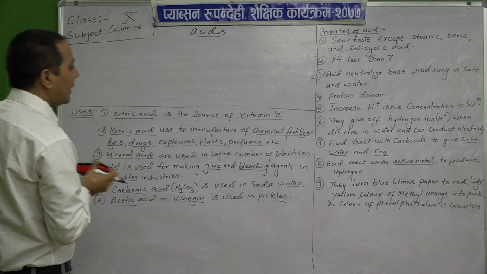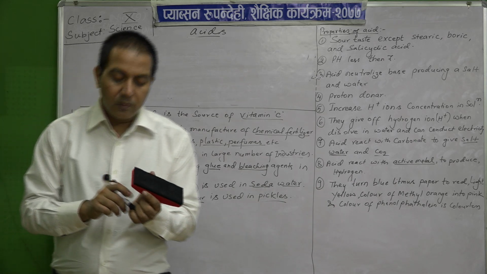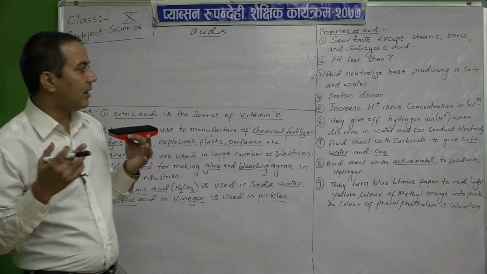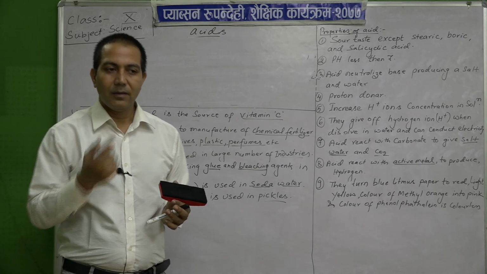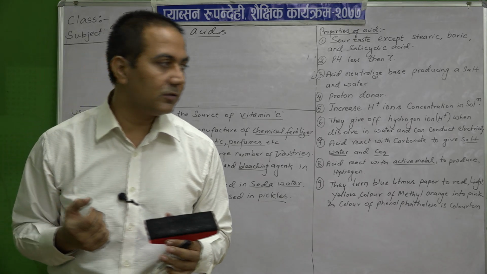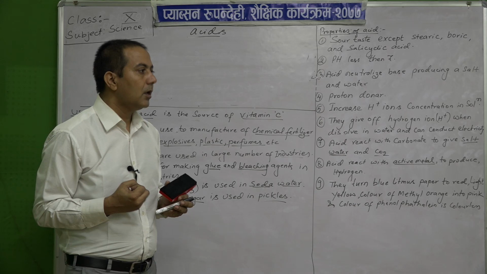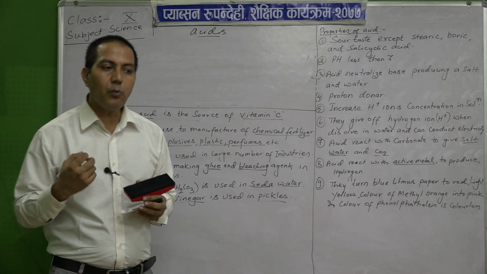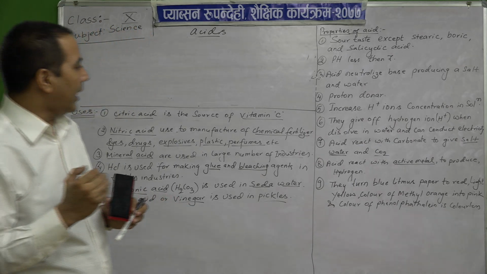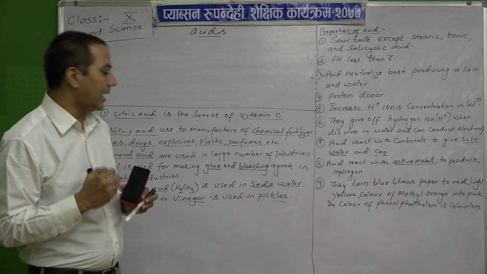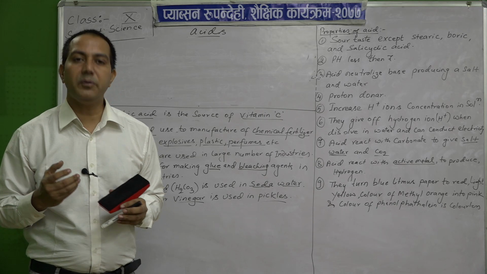Okay. Then the next one, how do we know whether it is acid or not? By reacting them with metals, or we could take nitric acid in our hand and touch it to our tongue. No, it is impossible because it is highly concentrated, it will burn our skin. So, how can we test them? How can we know whether it is acid or base? We can easily know by reacting them with litmus paper.